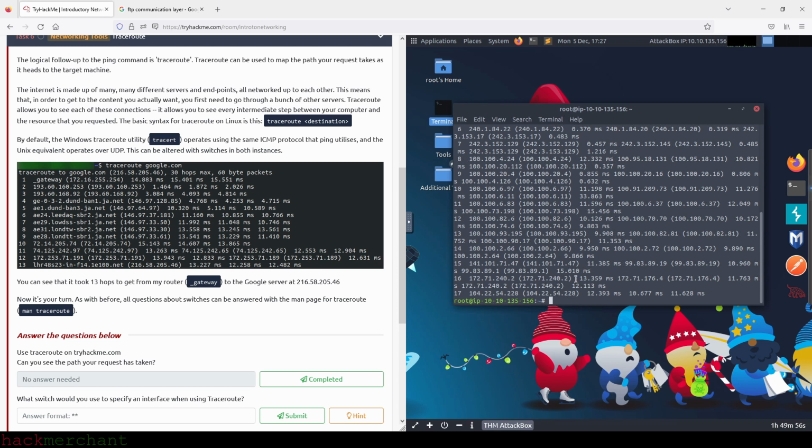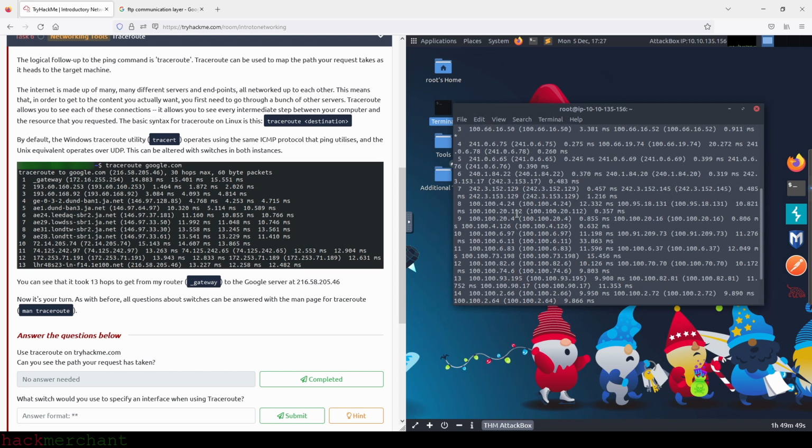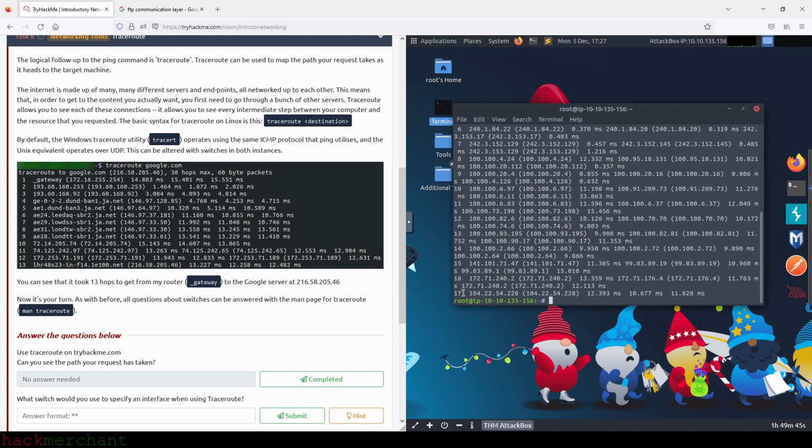And there you go. So as we can see, we can, yes, of course, see the path, and it took, let's see how many hops. It took 17, right? Okay, so let's just click on completed here